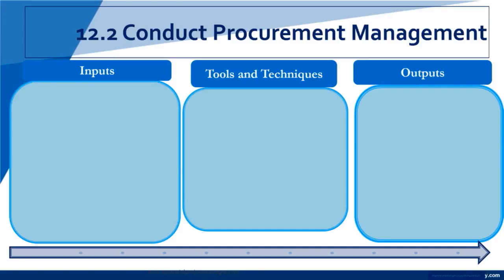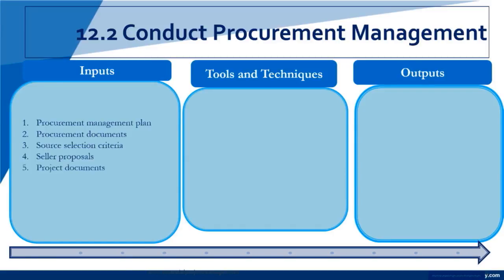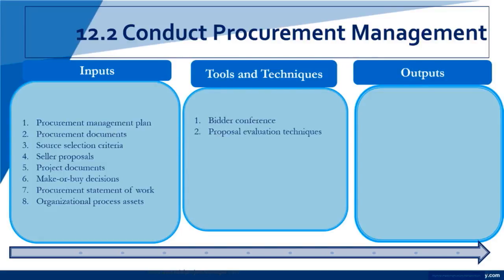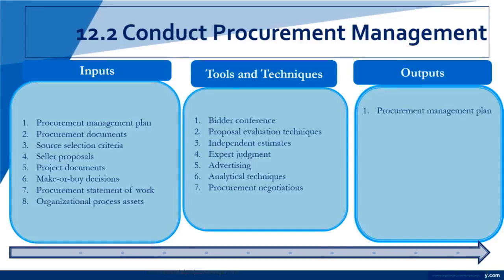Now, in conducting your procurement management, our inputs are our procurement management plan, our procurement documents, our source selection criteria, seller proposals, project documents, our make or buy solution decisions, our procurement statement of work, our organizational process assets, and we use things like bidder conferences, proposal evaluation techniques, independent estimates, expert judgment, advertising, analytic techniques, procurement negotiations, and we have an output into our procurement